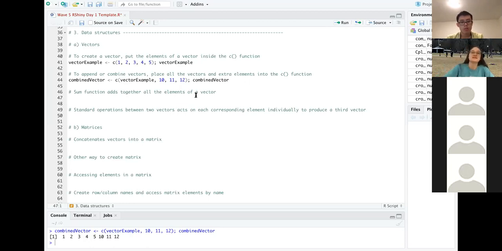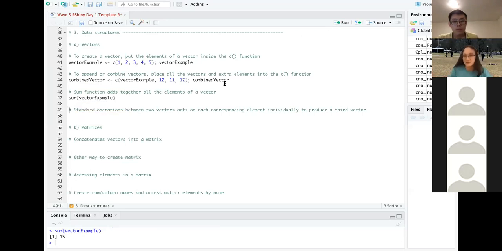If the vector consists of numbers, we can also calculate sums and stuff. For example, we say sum, which is an R function, on the example vector, and that gives us 15, which is 1 plus 2 plus 3 plus 4 plus 5. And right there, you see how vectors can be useful, because otherwise, if you had just variables separately, you'd have to call plus on every single one of them, but if you combine them all into a vector, all you have to do is say sum, and boom, it's there. So that just saves you a lot of code, and makes things more organized.